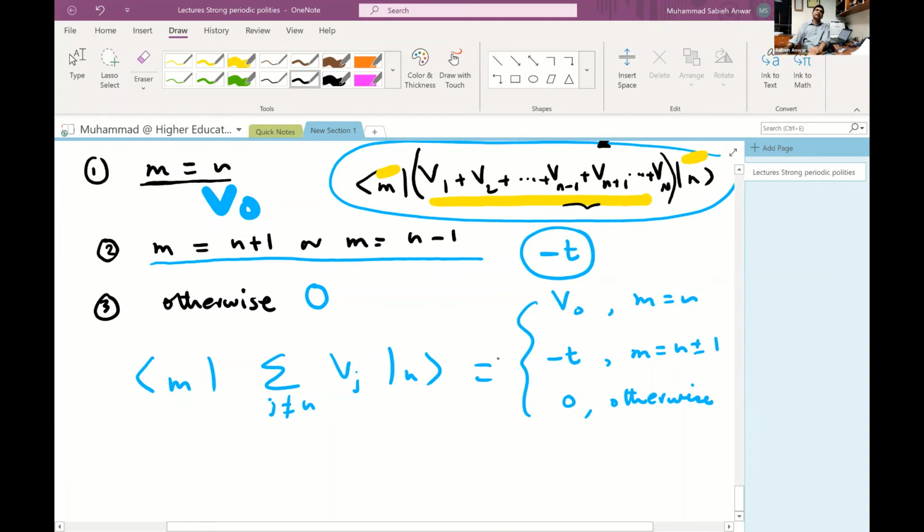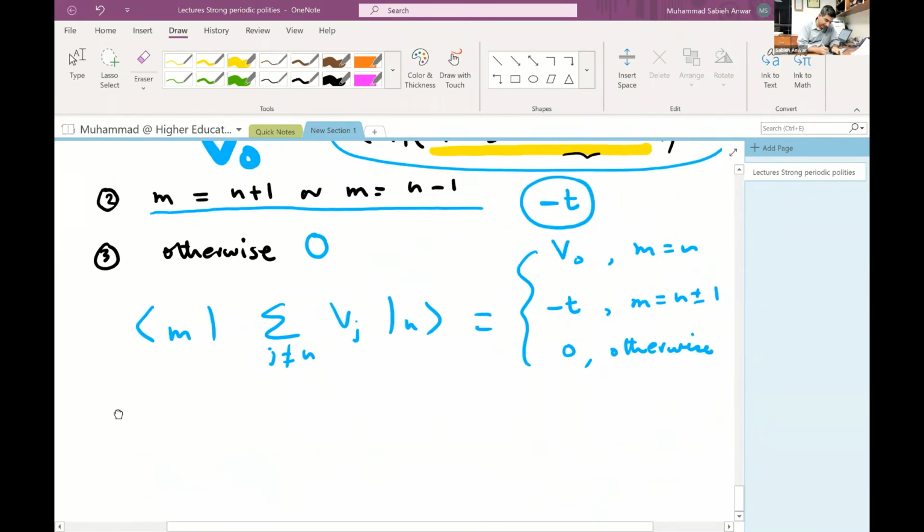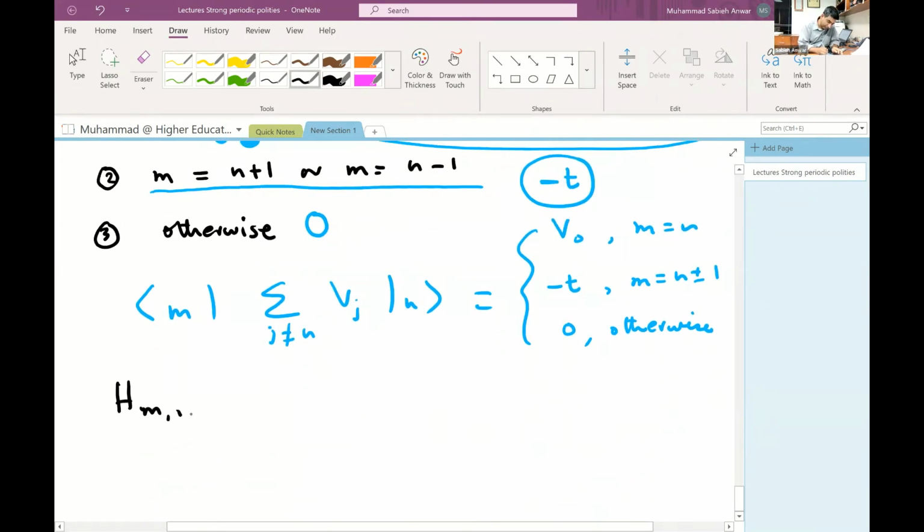And the interaction of an electron with all the nuclei leads to just some kind of energy shift upwards or downwards, and that is called V naught. That V naught is going to add on top of the atomic energy. So our H_mn overall becomes delta_mn epsilon atom